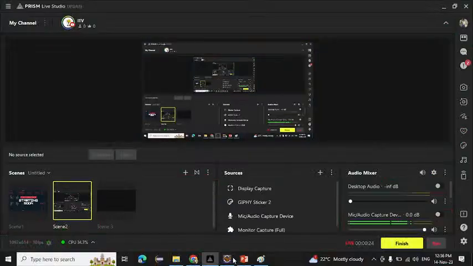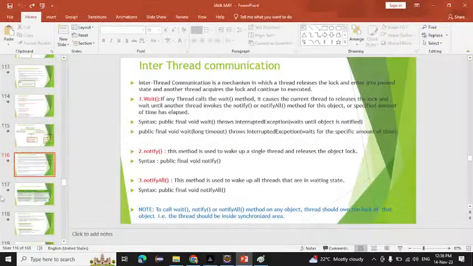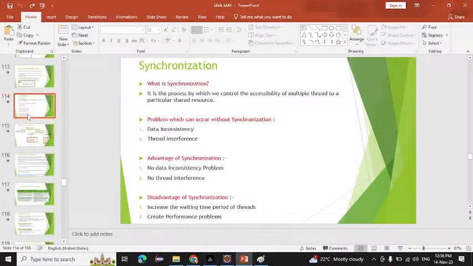Now we will see another topic, that is synchronization. What is meant by synchronization? Everyone knows that if you have multiple threads and run them at the same time, we cannot assume the execution order, which thread will work first and which will work last. We cannot assume. So synchronization is the process by which we can control the accessibility of multiple threads to